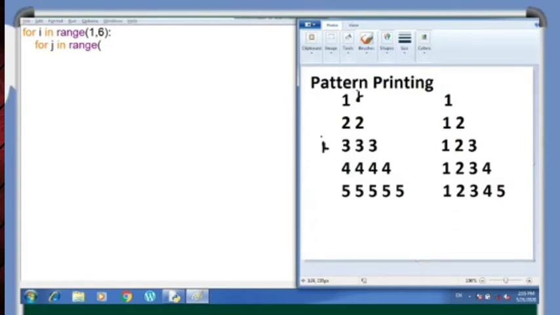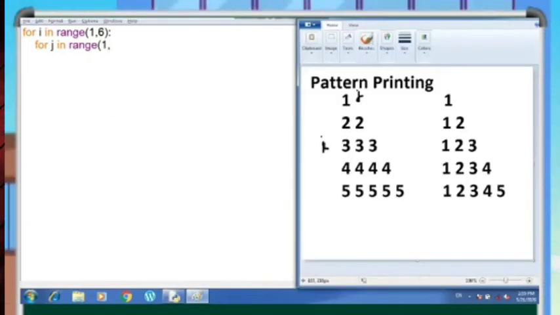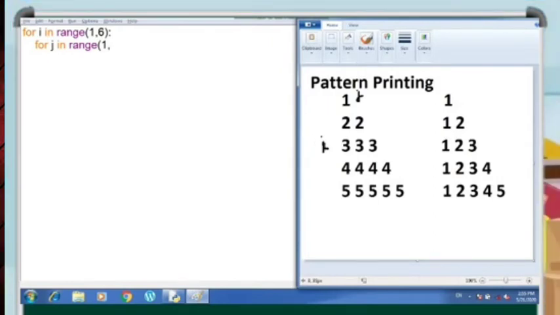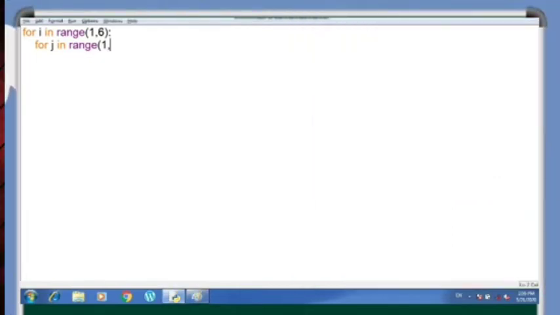So what if I write the loop for printing? The value of j should start from 1. If the loop executes till the i position, the value of i is 1, so I want the loop to execute for printing one time. What value is going to be printed, we will decide afterwards. First of all, we need to see how many times the value is going to be printed. This value is going to be printed one time. The value of j will start from 1 till i plus 1.